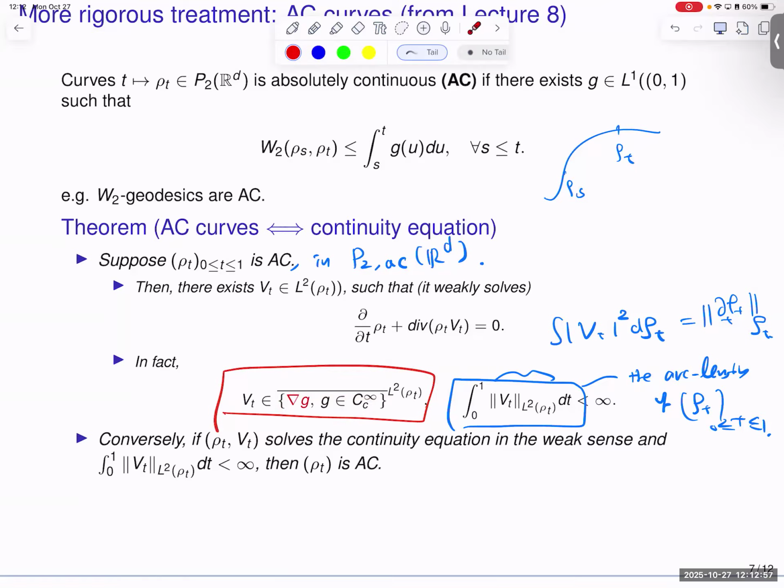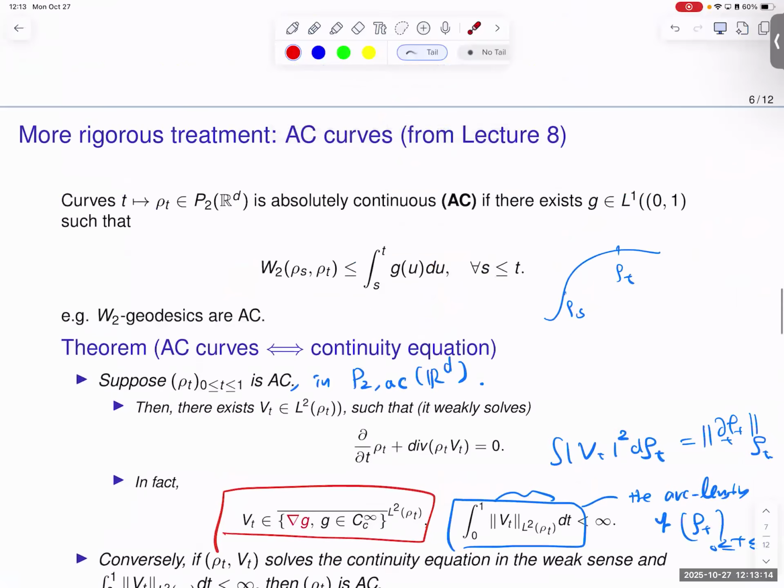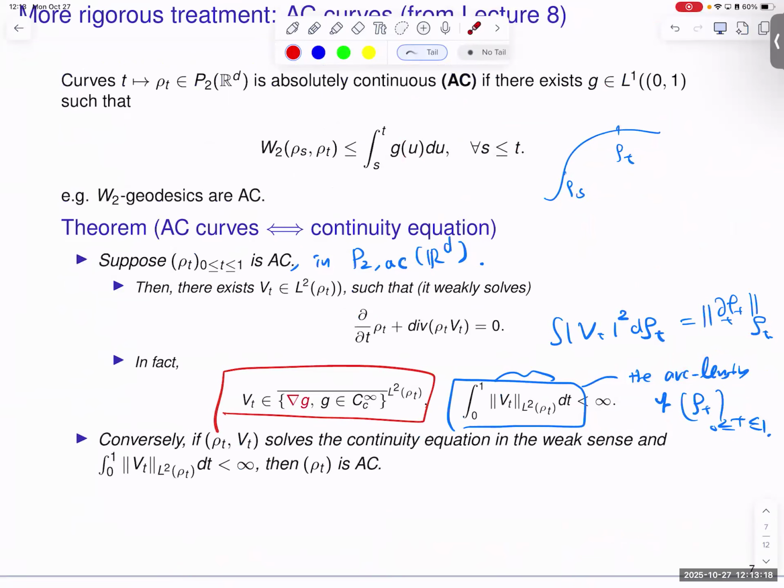And this is vice versa. If you have this object rho t and vt satisfying all these, then such rho t is an absolutely continuous curve. This is what you learn. Now, combining this together, we now can,